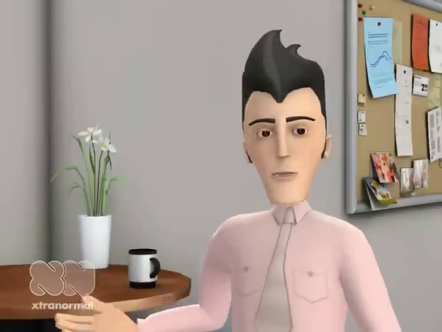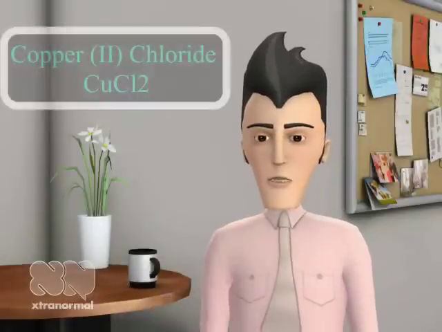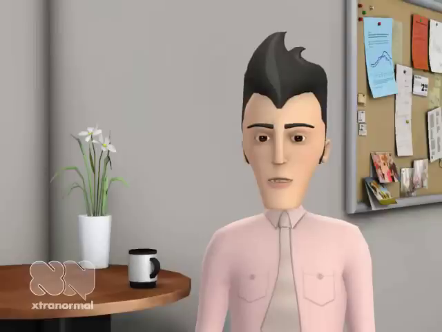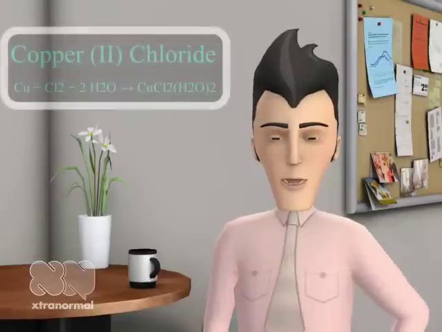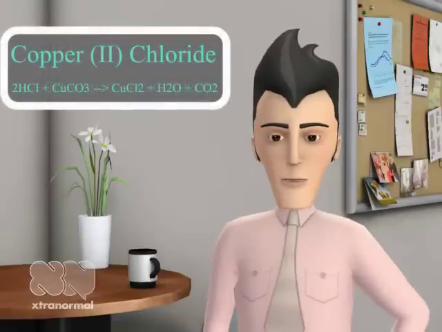Copper 2 chloride is a chemical compound with the formula CuCl2. It slowly absorbs moisture to form a blue-green dihydrate, otherwise it is a light brown solid in its anhydrous state. The copper chlorides are some of the most common copper compounds after copper sulfate. Copper 2 chloride can be prepared by chlorinating copper, but we will be preparing it by reacting copper carbonate with